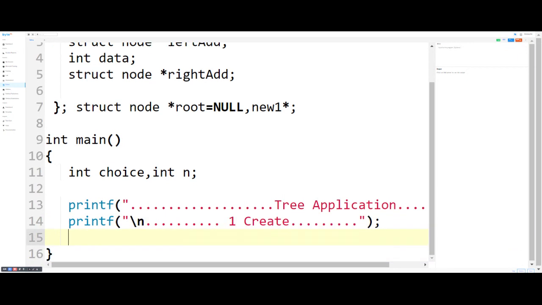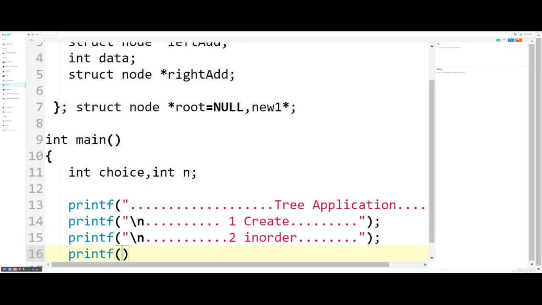Now second is in order. In order is a technique to traverse the elements one by one. Getting? So we have three techniques to traverse a tree: in order, pre-order, and post-order. We already discussed this in the online classes. Okay.